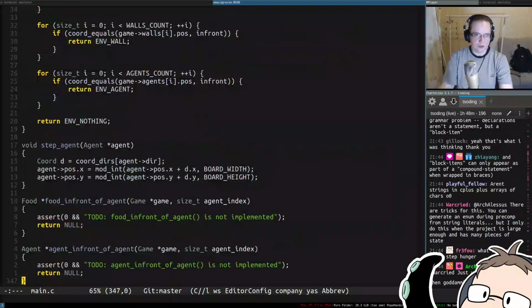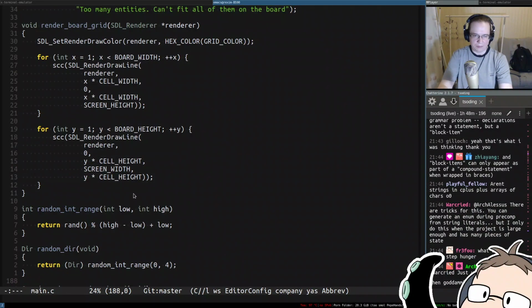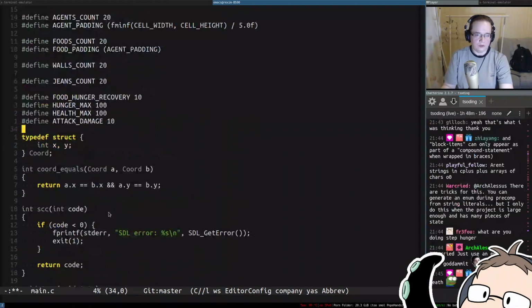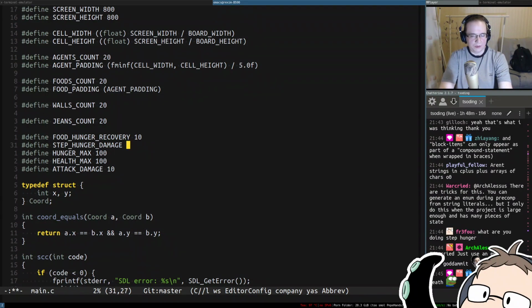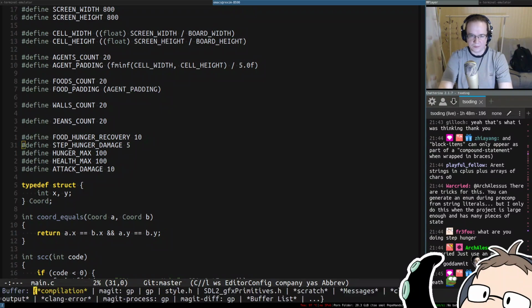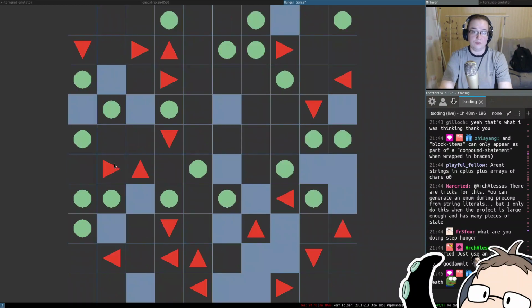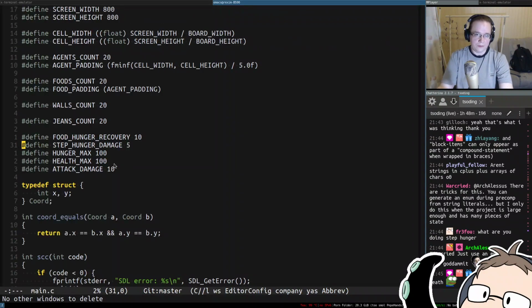Step hunger damage. So every step you're gonna lose how much hunger? Hunger recovery. So maybe you can recover more than you actually lose. So it's gonna be 5. Insta death. Yeah, you have to be careful with this kind of stuff. Okay, so